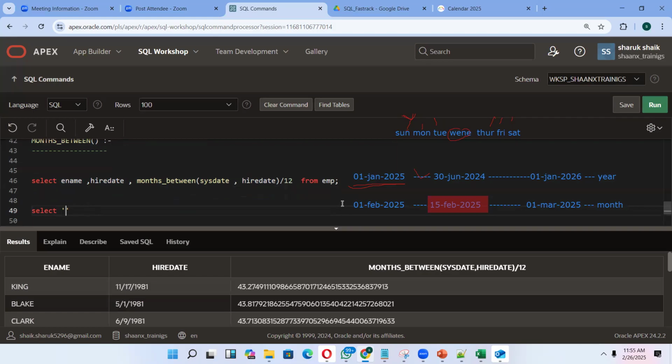Someone is born on 2nd Feb 26, for example. And in the second column, I want months between. So to date for, here you can pass that month. You can pass sys date